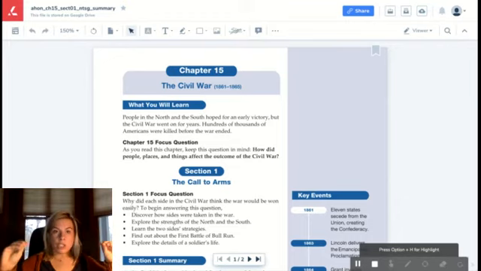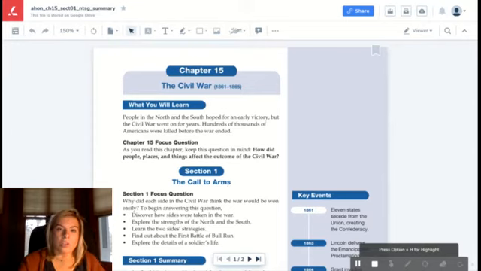Transportation, much easier. Some other things that the North had were factories, okay? Were able to produce a lot of goods needed for the war, a lot of guns, ammunition, just normal things that people would need for fighting in a war. You were able to produce much more easily in the North. But there is something they say in here that's going to be a little bit confusing. So if we scroll down,